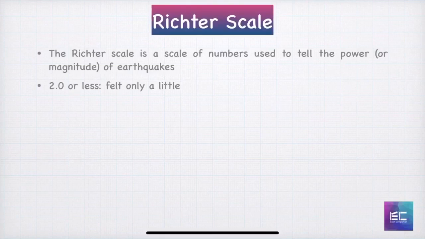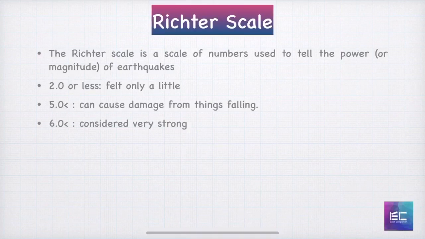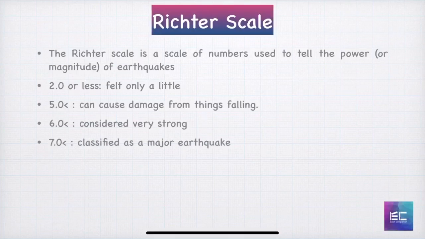An earthquake of 2.0 or less is hardly felt. So if an earthquake shows 2 on Richter scale, it is a minor earthquake. It is hardly felt. An earthquake between 2 and 5 on Richter scale causes some damage. Things start to fall and so on, but buildings do not break. An earthquake above 5 is considered very strong. And finally, an earthquake of magnitude greater than 7 is classified as a major earthquake, and it destroys a lot of